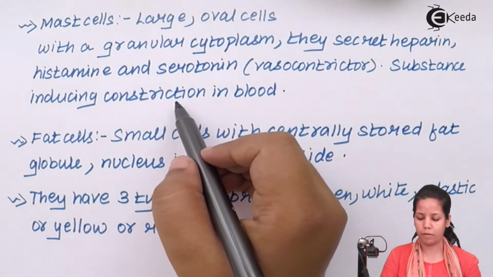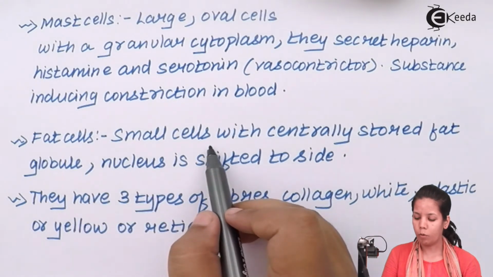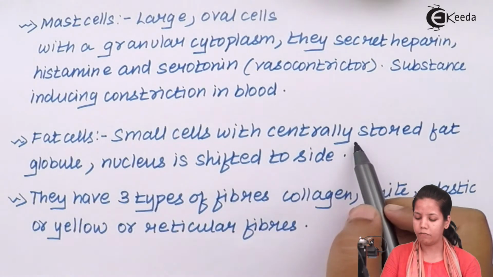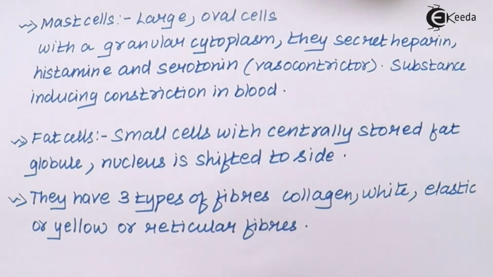The functioning of every organ would be restricted. Fat cells. Now these are small cells with centrally located fat, and the nucleus is shifted to the side. Students,